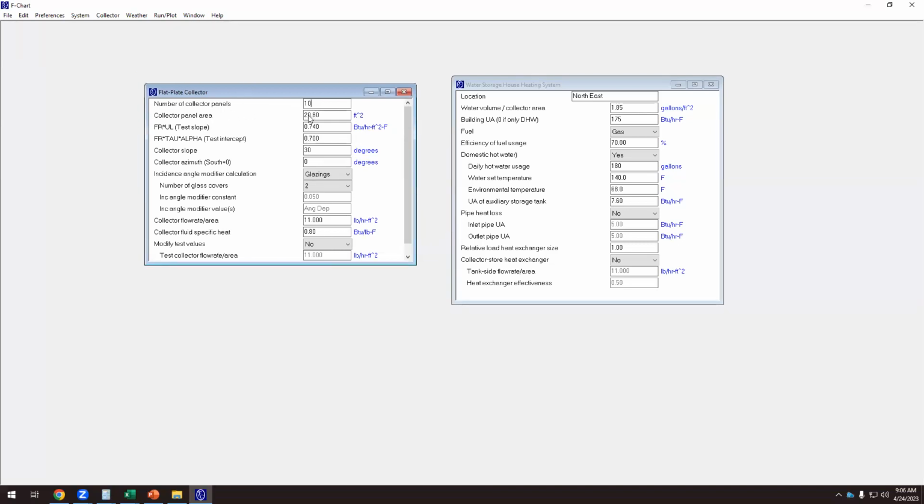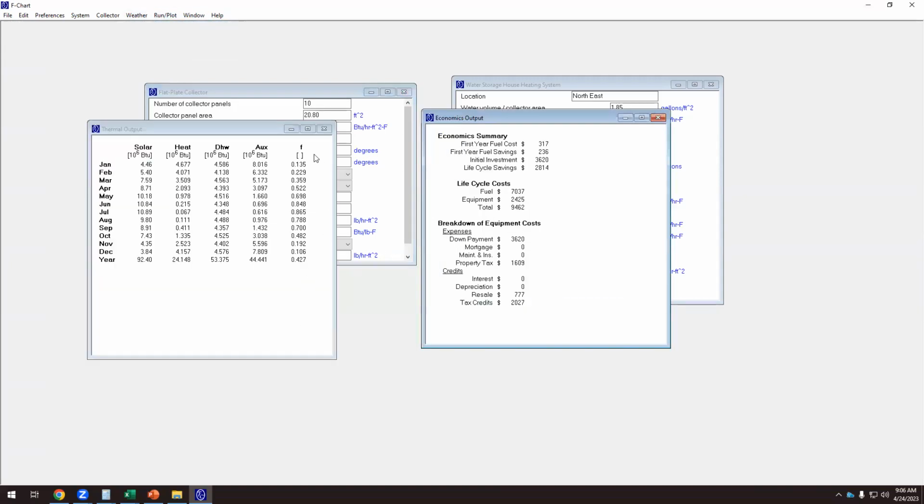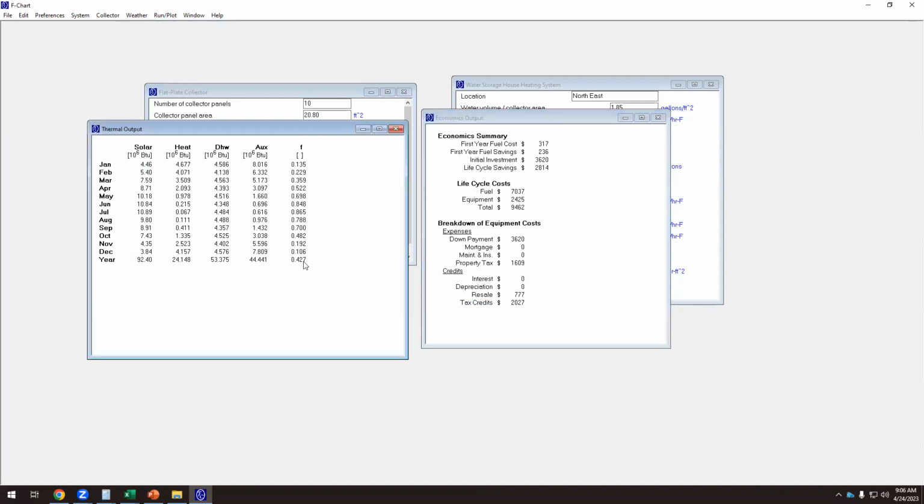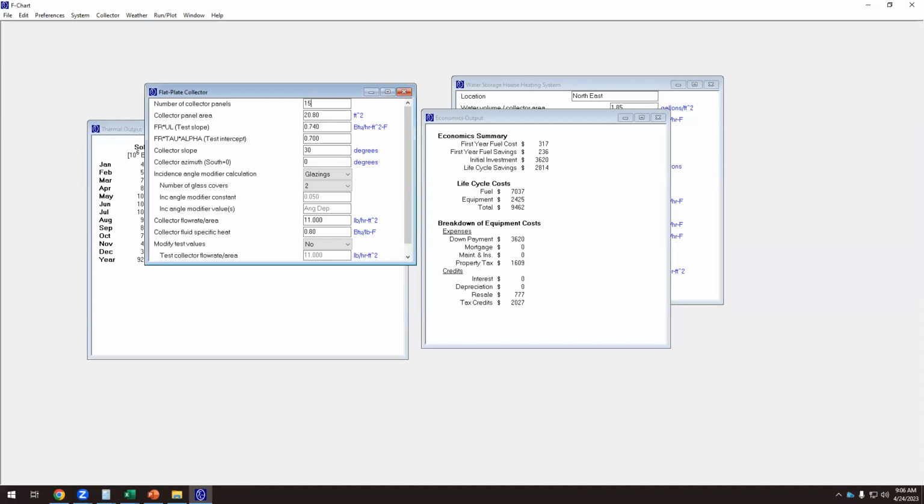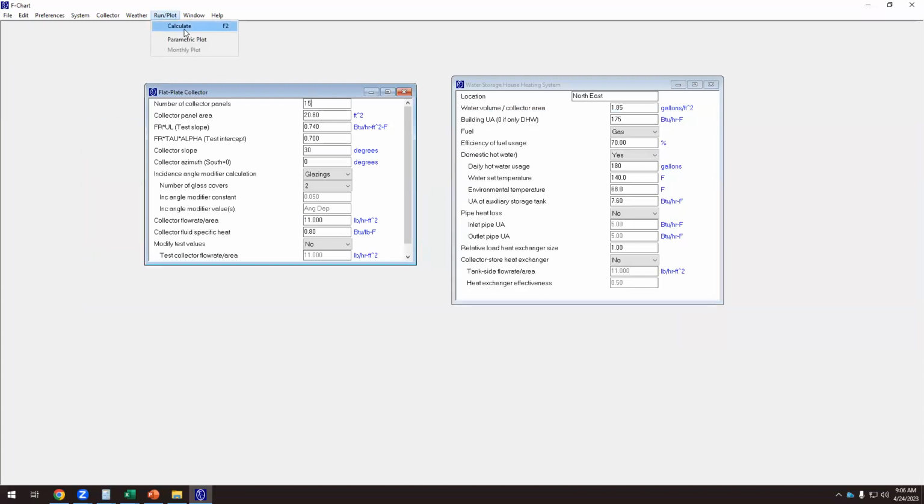We don't touch this because it's the same collector area, the same slope, 30 degrees, the same efficiency. So let's plot, calculate. Okay, so the F value is much lower. It was above 0.6, now it's 0.4 because we have added heating load. But by increasing this, if we type 15 and calculate again,